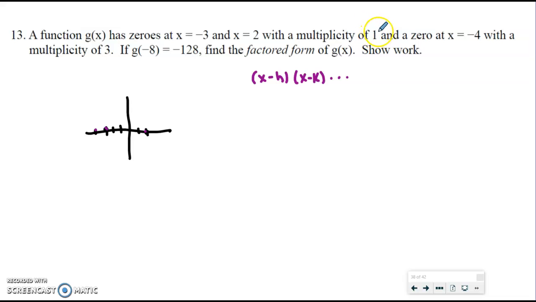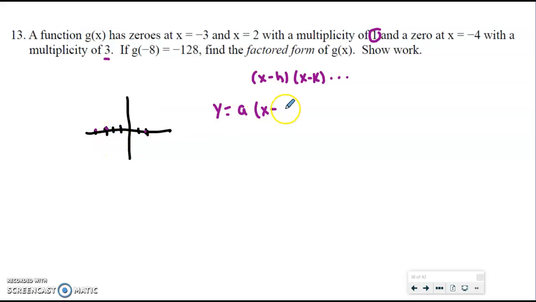What multiplicity is saying is that when it has a multiplicity of 1, the power that each of these binomials is taken to is the first power. So when it says we have a multiplicity of 3, that is talking about how that binomial, the one that gets me that zero, is going to be taken to the third power. So when I look at this general form, there's always going to be an a value that we multiply everything by,